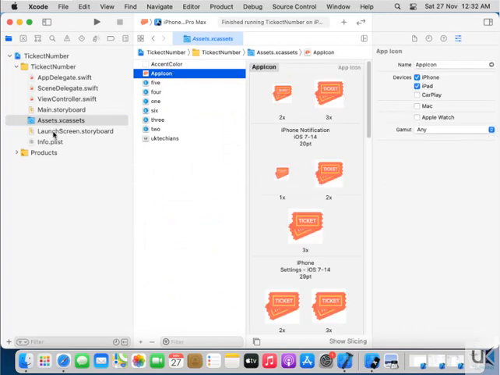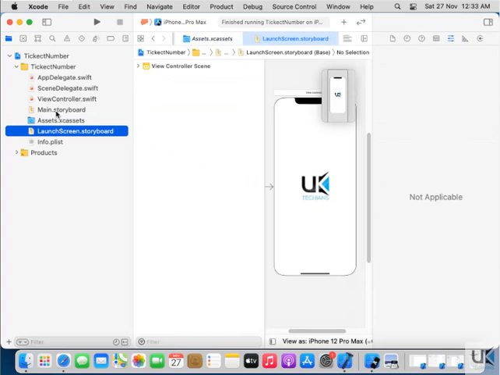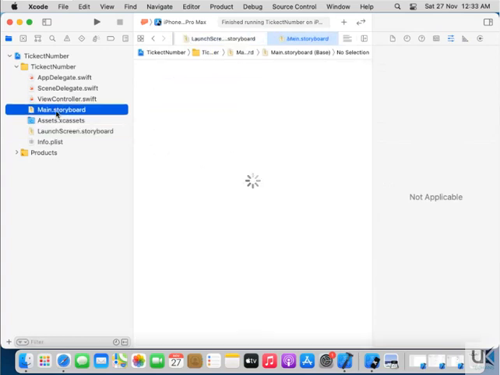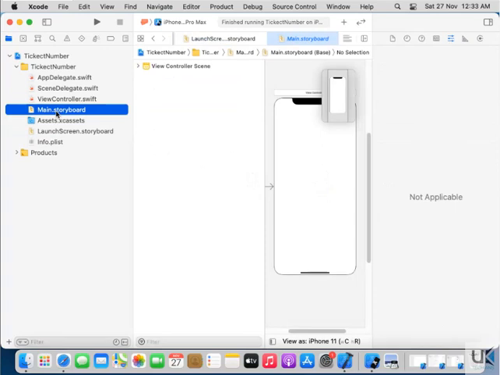What you have to do is just open the main storyboard, create a label, create an image, a background and a button to show the random values of these numbers. How to do it? You have to watch the day 2 tutorials. All tutorials you have to watch to complete this application, right?